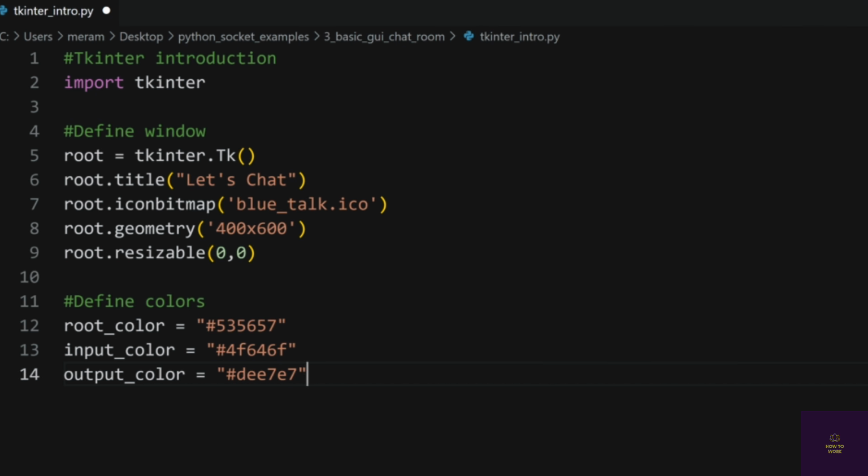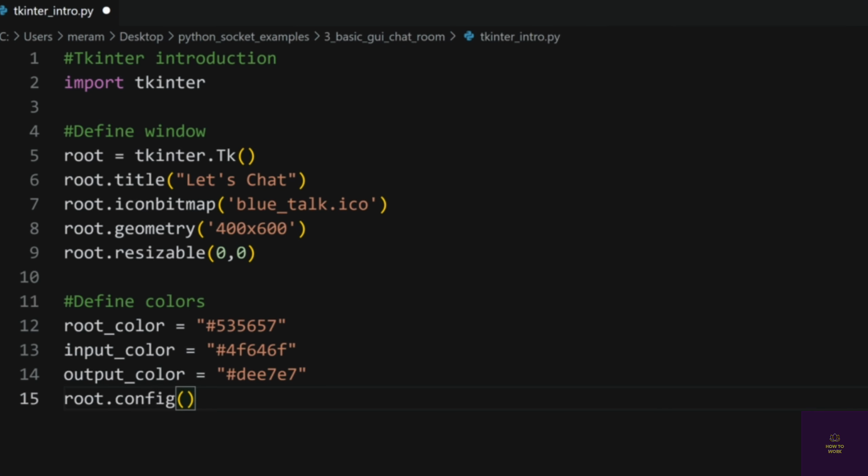And so I like doing it this way because then if I want to mess around with the color themes, all I have to do is just come over here and just change the color here, and everything in the input frame should change appropriately. The last thing that we'll do in regards to color is I'm going to set a background color of my root window. So we'll say